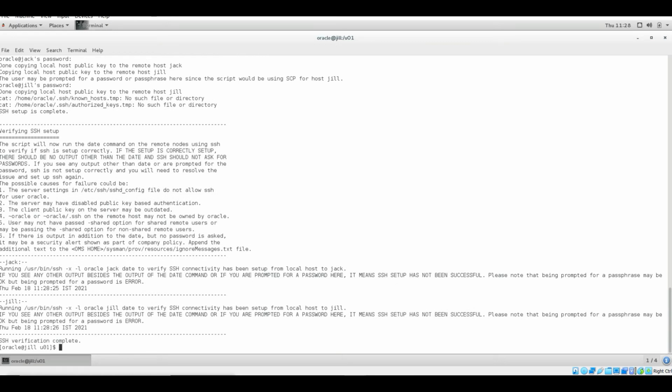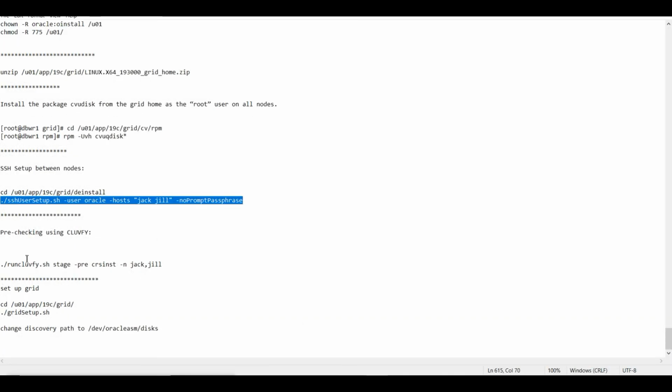Since we are done with this, our next step will be running the cluster verify utility and checking whether everything is fine or not. I will repeat the same thing again. We will have some checks failed for this. What will be the checks that fail?